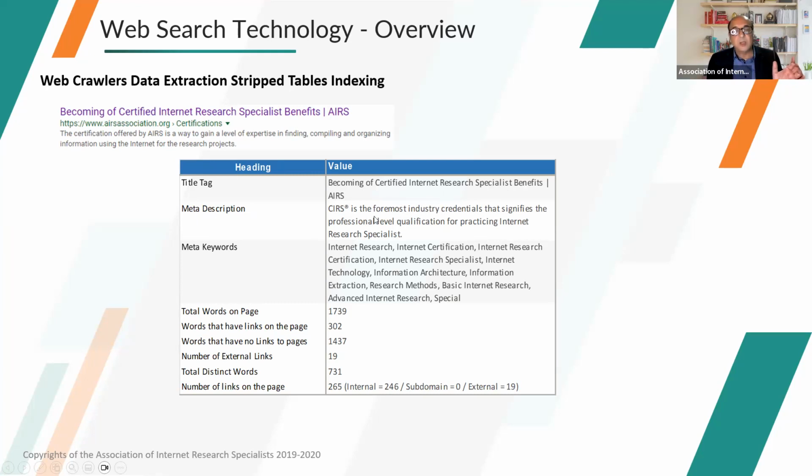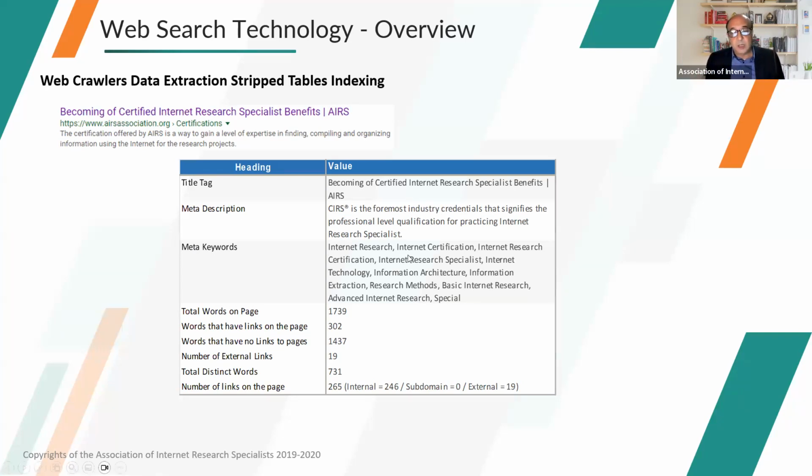Then it is going to look at the meta description. Remember the description tag that brings the description information for snippets. Then it is also going to look at the keywords. Now, keywords is a hidden piece of information, and it is relevant for reading those web pages for indexing purposes for the search engines. These keywords are not shown on the pages that you see as users. So remember that.